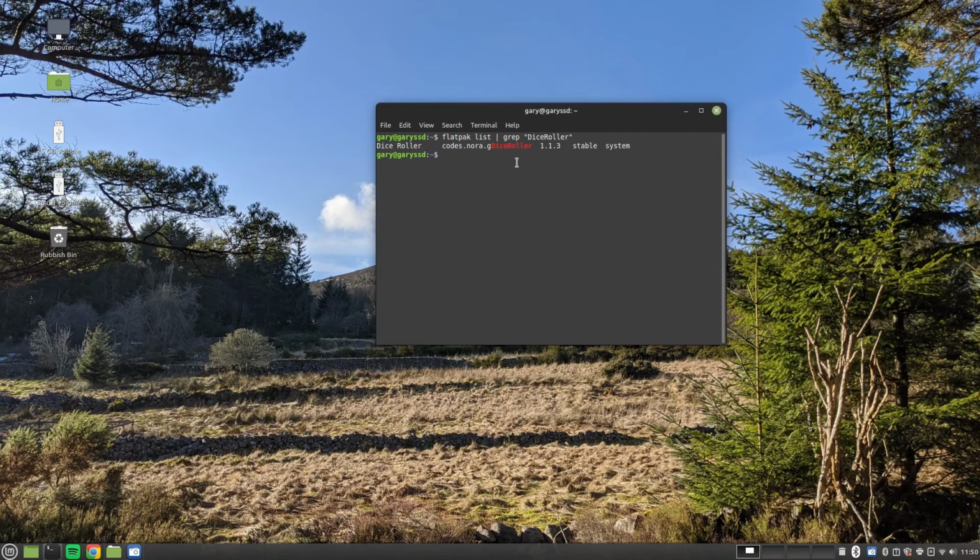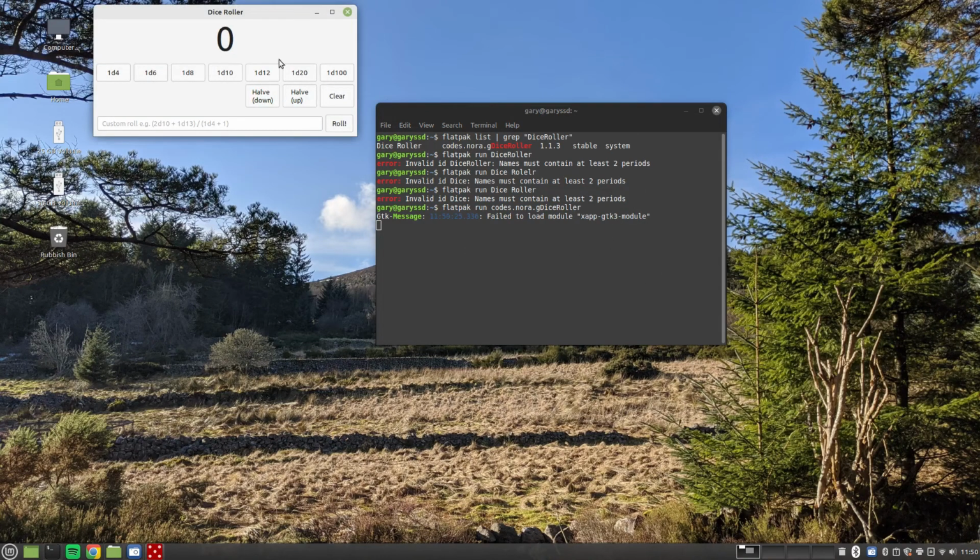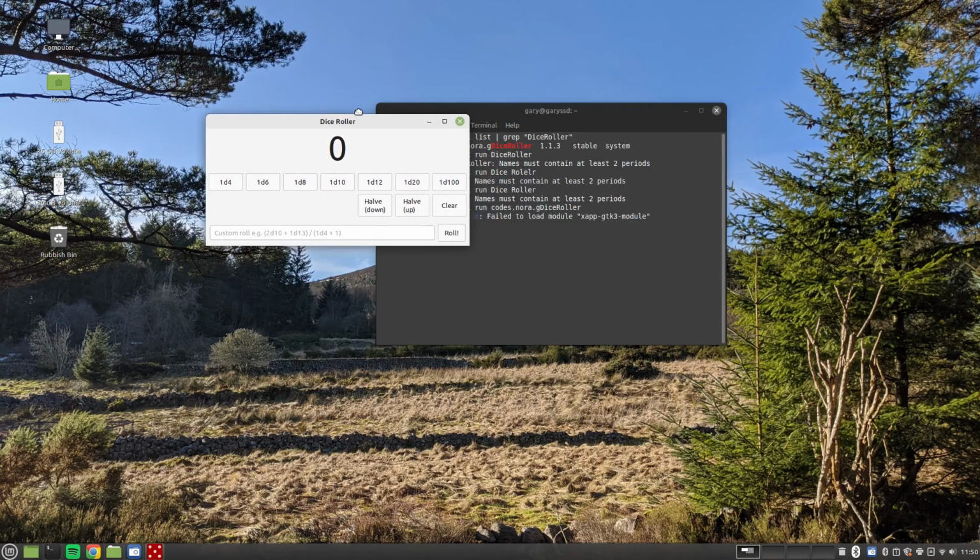So you can't run a Flatpak application just by typing flatpak run and then Dice Roller. Oops. Dice Roller. That doesn't work. You have to use the application ID, which is this bit here. So in this case, we'll type flatpak run codes.nora.g Dice Roller. It says it's failed to load a module, but you'll see that a dice roller appeared